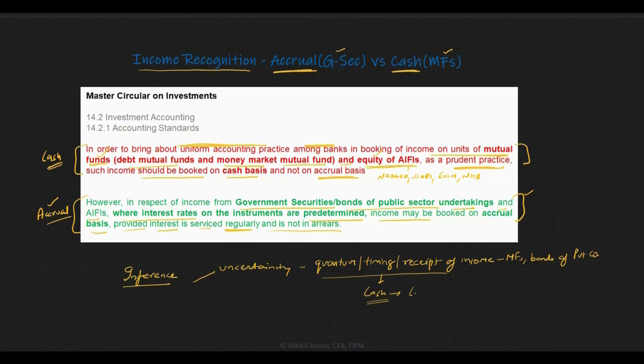We are essentially being conservative about the likelihood of realization of income. Therefore, we'll book the income only when we receive it and not on the basis of any expectation of income or any notional gains in the value. In such cases, we will not book the income. We'll only book when we receive the cash,